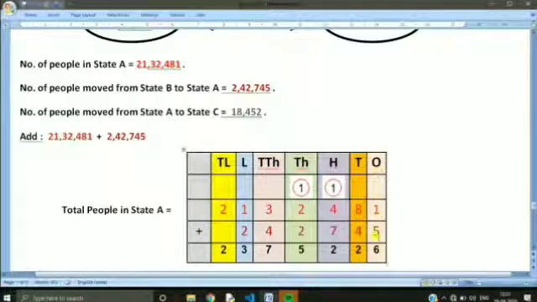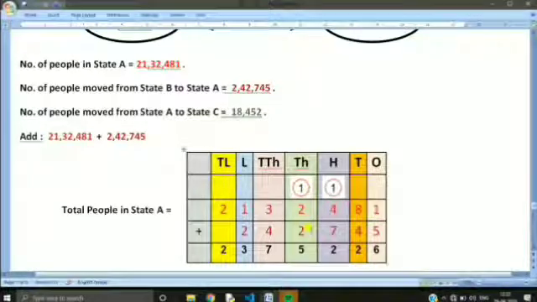So let us start from the ones column. 1 plus 5, it becomes 6. Moving to the tens column, 8 plus 4, it is 12. So from 12 we will write the ones digit as 2, and 1 will be taken as remainder in the 100 column. Now add 4 and 7. 4 plus 7 becomes 11. 11 plus 1 remainder will be 12. Again we will write 2 here. 1 will be taken as remainder in the 1000 column.